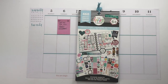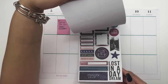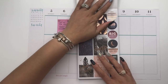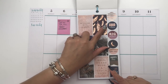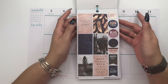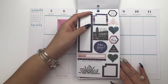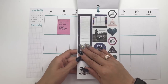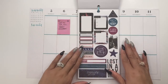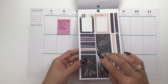All right, so we're going to go to the portion where it has the boho chic vibe, which starts right after the mermaid stuff. Now I really like this purple with the rose gold feathers, but I don't know if I want to do that yet. Let's flip through and see what we're gonna do. I like this weekend, and there was another one that I saw that I really liked. Where did it go? All right, so I like this one. So maybe we can use this one to kind of build,